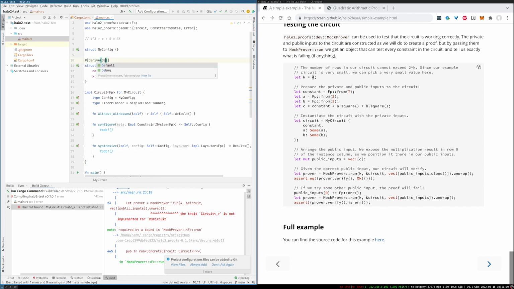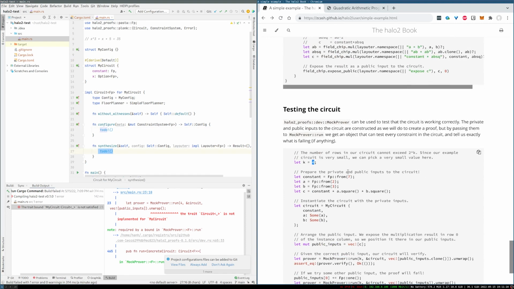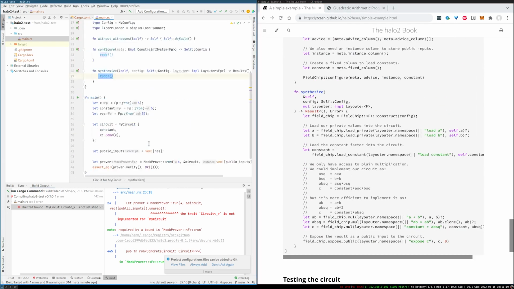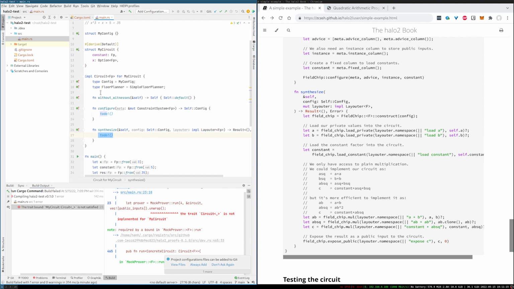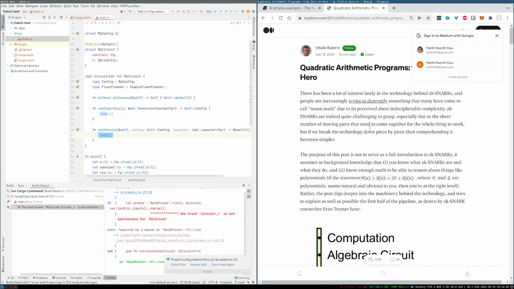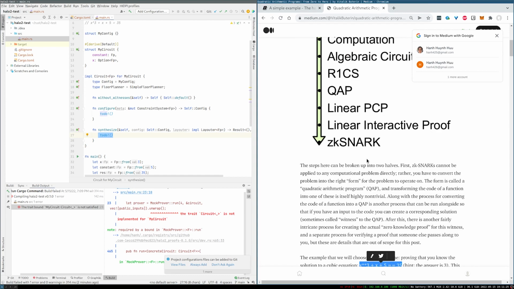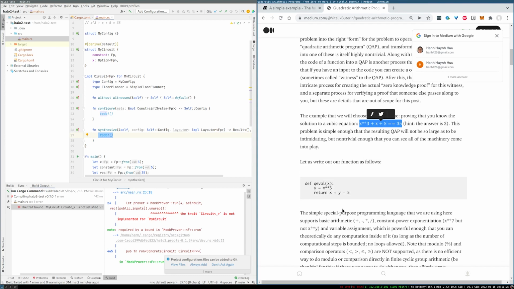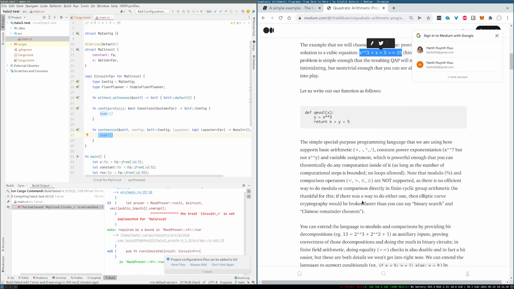So we can derive default from here, and then we have the configure and synthesize. Okay, so these are the two big guys we have to do. So what do they mean? The idea here is that this tutorial is very good, the Vitalik one. So what he says is that this equation, x cubed plus x plus 5, is first turned into